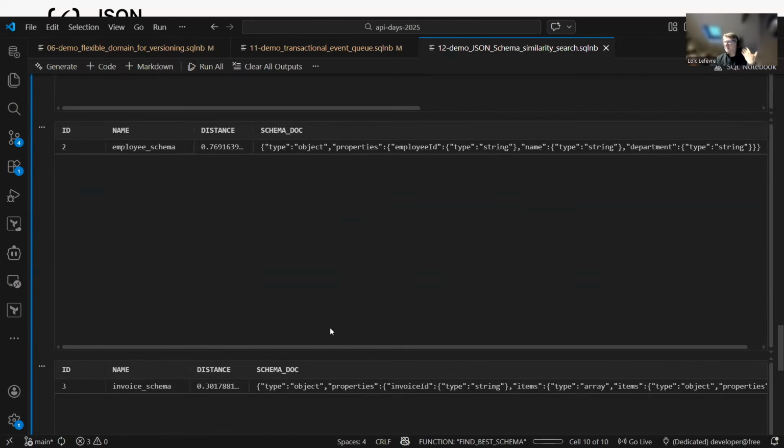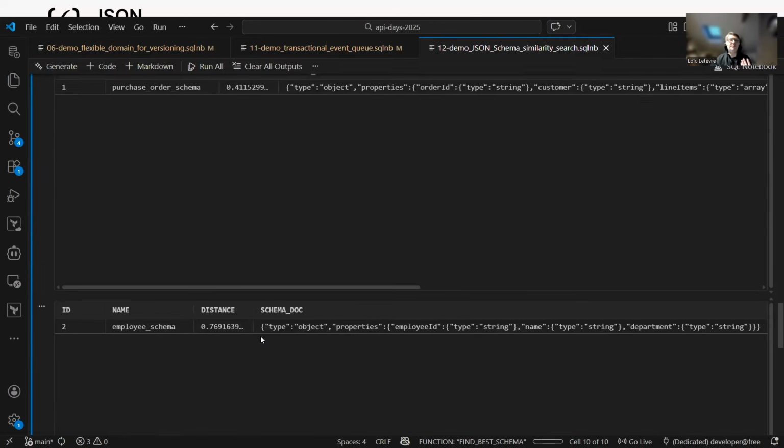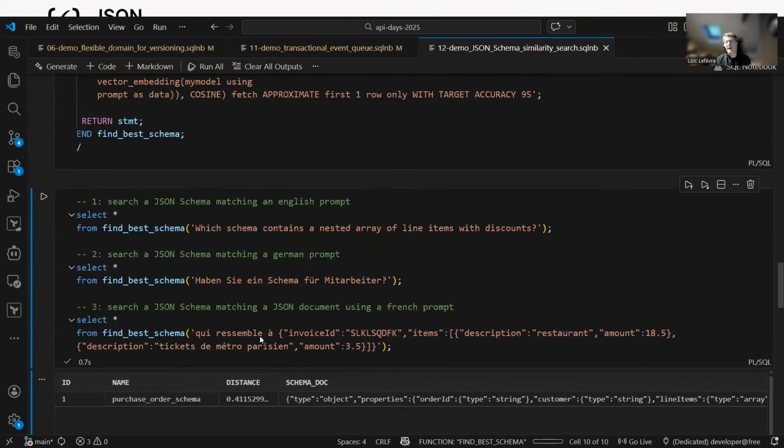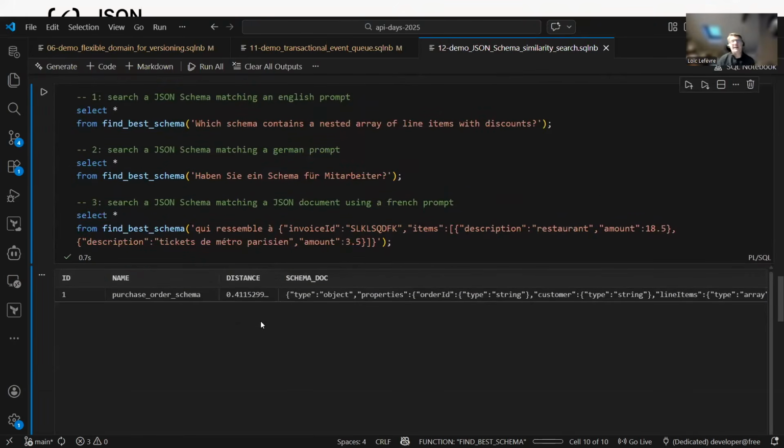So that's basically just one small use case, but that can help you in your everyday work: finding the best JSON schema to use or reuse versus creating a new one, and providing more and more JSON schemas which would necessarily need to be maintained over time.